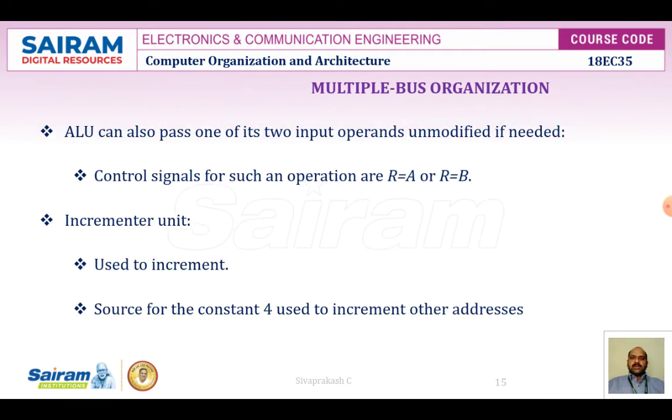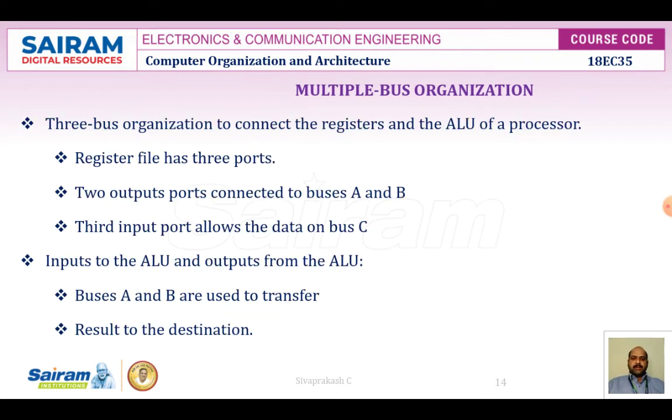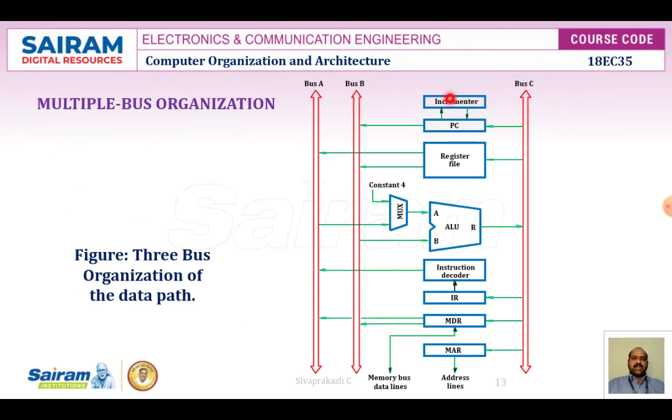The ALU can also pass one of its 2 inputs unmodified. For example, with control signals such as an operand control signal, R may be equal to A or R may be equal to B. And one more feature in this diagram is an incrementer. This multi-bus architecture consists of an incrementer, which is introduced as a unit used to increment the